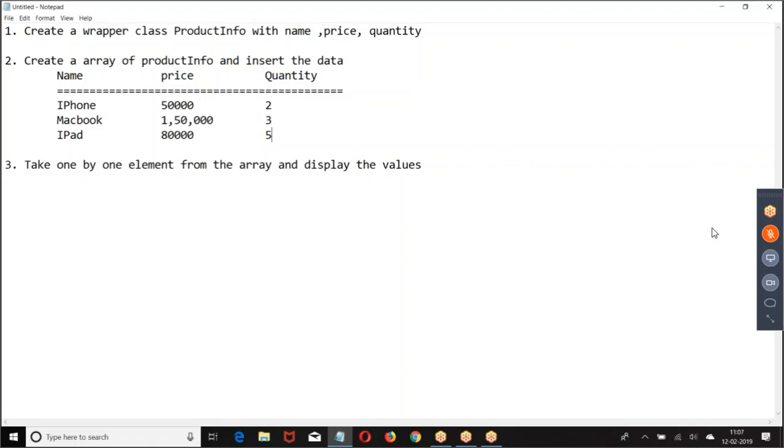Create a wrapper class, product info, with the name, price, quantity. Create array of product info. Insert the elements, display the value one by one.